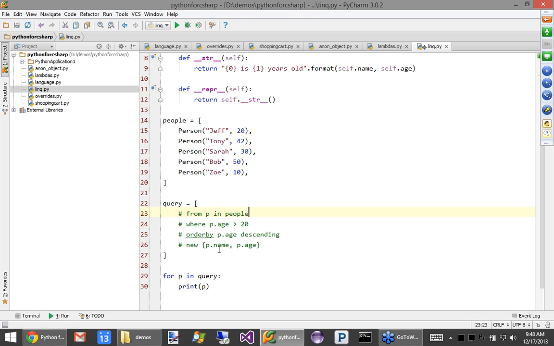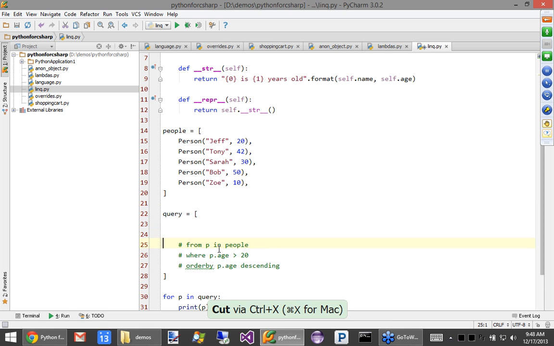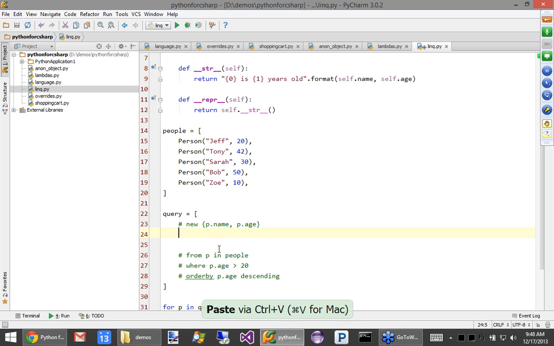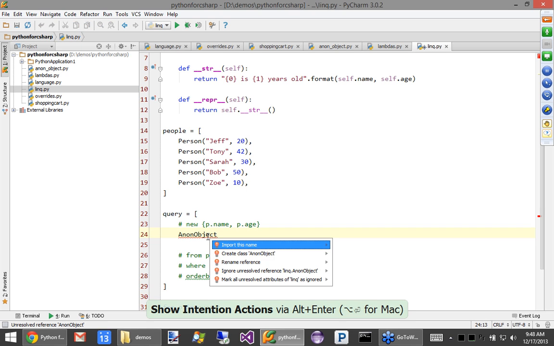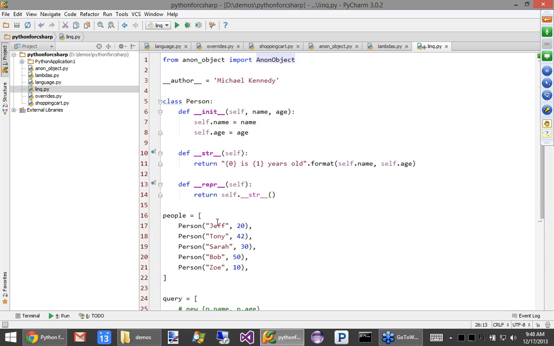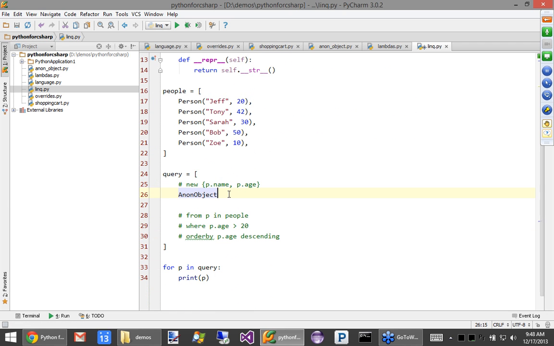Okay, so we can write basically the same thing in Python, but we have to write it in a slightly different order. The projection part goes first. So let's put that up here. Remember we had anonymous objects, and I need to use this. So let's import it, anon object. And note, PyCharm will actually import this, just like Visual Studio will for namespaces. Up at the top, we now have from anon object import anon. Awesome.